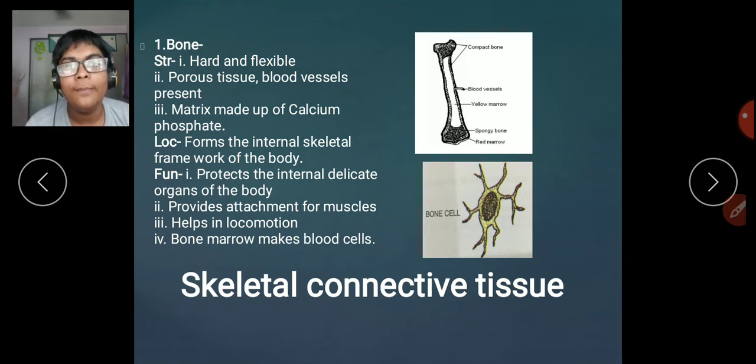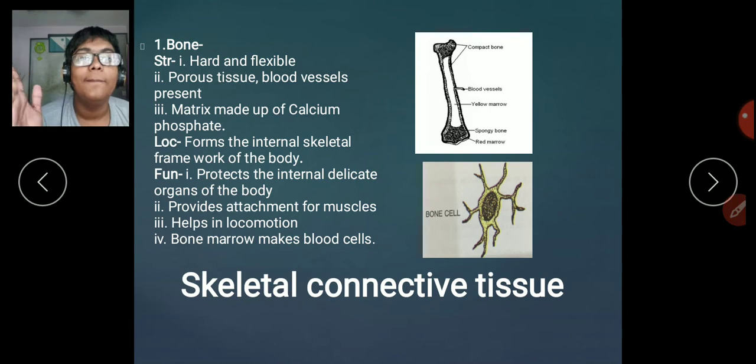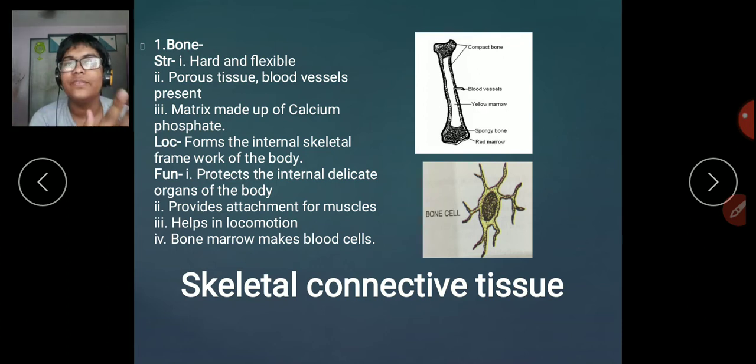The bone marrow also makes the blood cells. The bone marrow is the liquid part in it that makes the blood cells. Since we are learning about animal tissues, it's important that we learn about all tissues, so bone is explained roughly over here. In future modules, we'll also learn about the skeletal system, in which we will learn about the bone in much more detail.